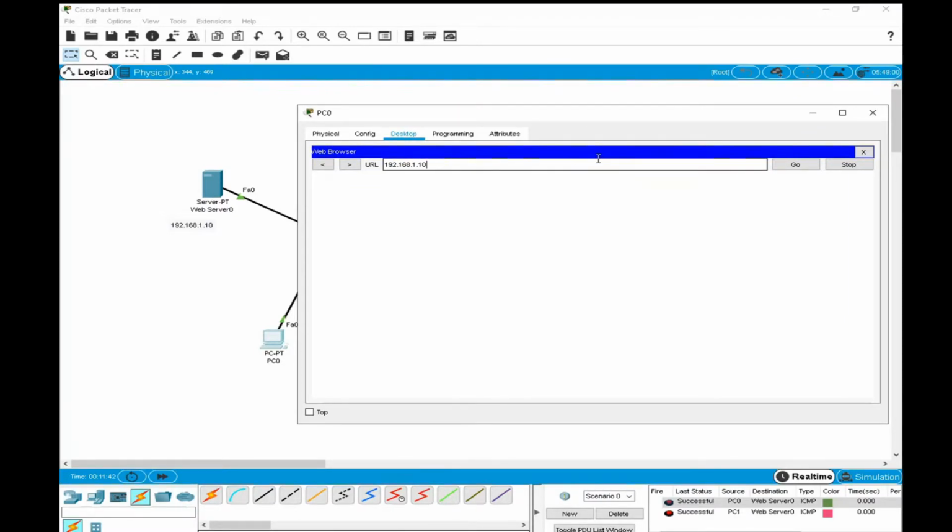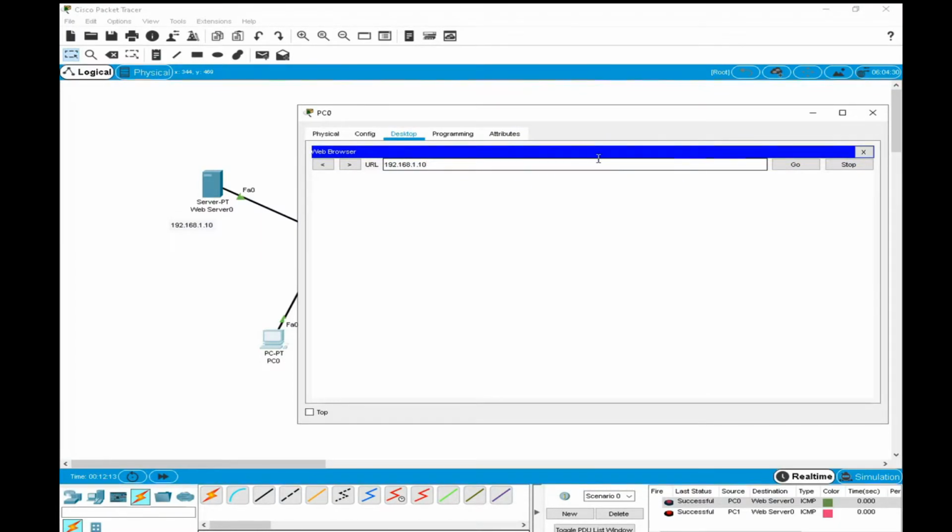So DNS makes it easier by allowing us to use a domain name, which is easier to remember. For example, instead of typing the Google IP address, you can write google.com, because you don't know the Google IP address, or the Facebook or Twitter IP address. You only know the names. So who will resolve this name? DNS resolves this name. So you need to configure the DNS. How can you configure the DNS? This is very, very important.